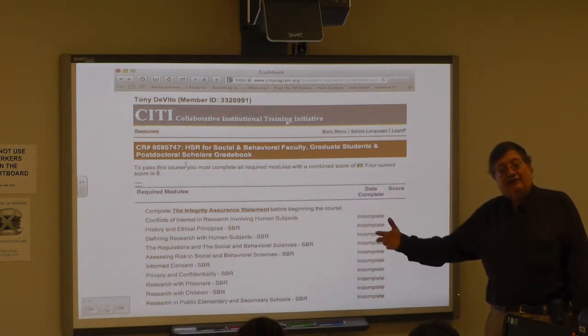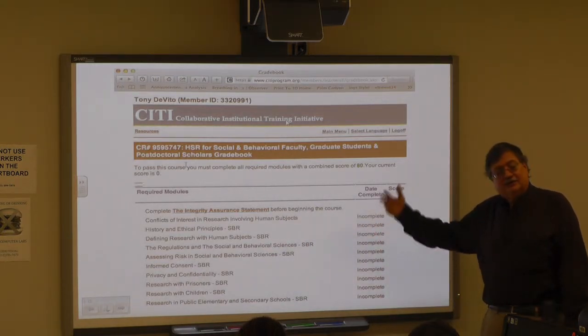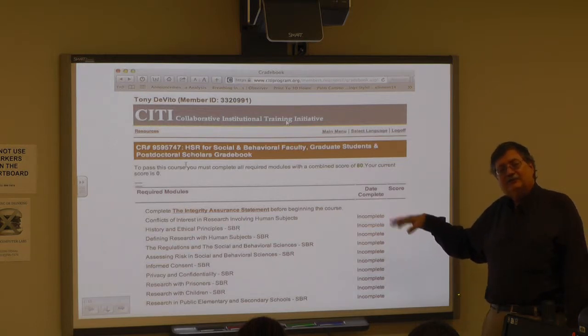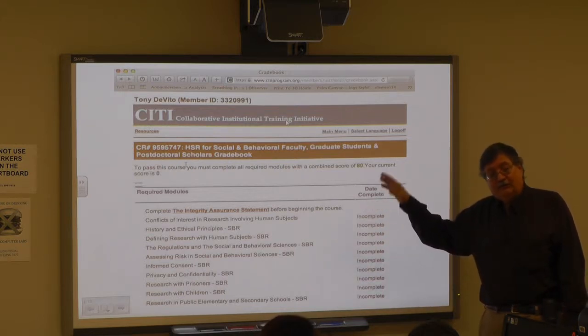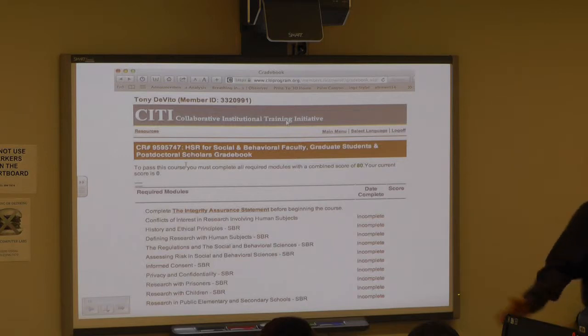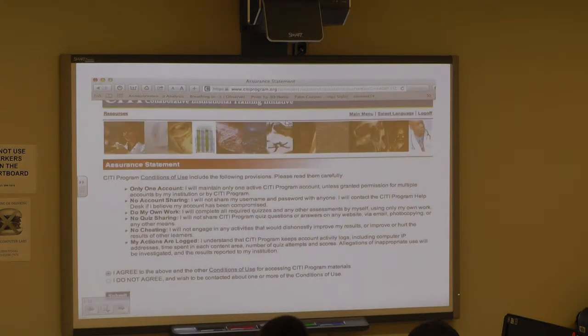Eventually, though, I believe you have to average 80%. So if it gets close, you may have to go back and retake a module or something like that. Don't necessarily have to read every word in the module again. You can just go right back in and take the course. A lot of this stuff, since you've worked in social sciences, may be obvious to you. Some of these modules you probably would be able to get 80% in without actually reading the material. You really should read it, though. It's really interesting material.